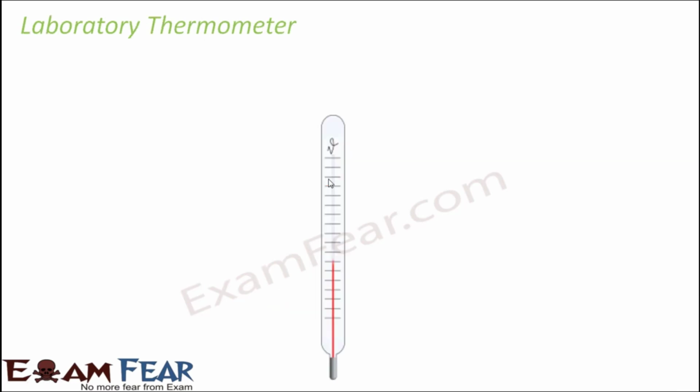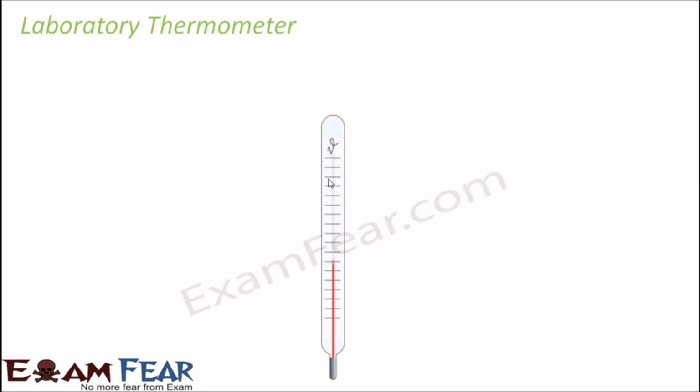So we learned about the clinical thermometer, which is used only to measure the temperature of the human body. But do you think that we only need to measure the temperature of the human body? That is the only place where we need a device to measure temperature? Not really. There are a lot of other things where we also want to know the temperature. For example, we want to know the temperature of the environment during daytime, during night. We want to know the temperature of boiling water. We want to know the temperature of a cup of coffee, which is quite hot. The temperature of ice cream. So how do we measure the temperature of all these other objects?